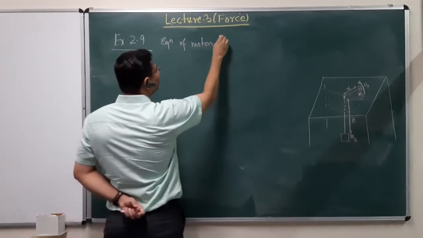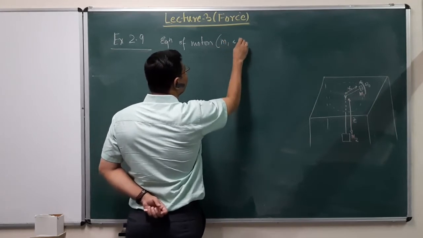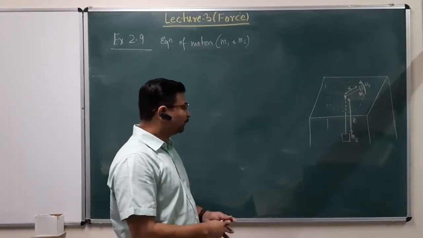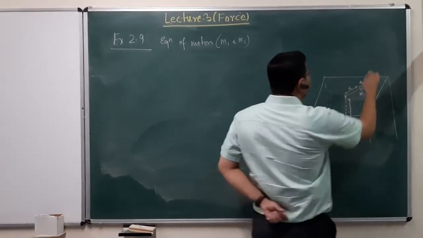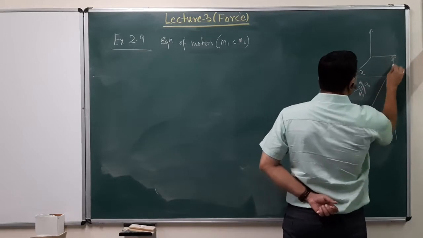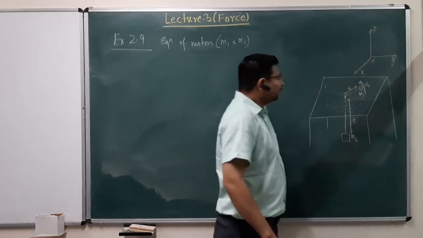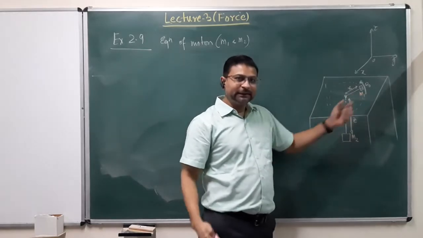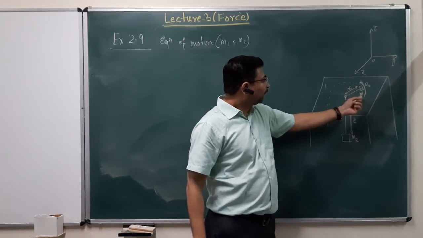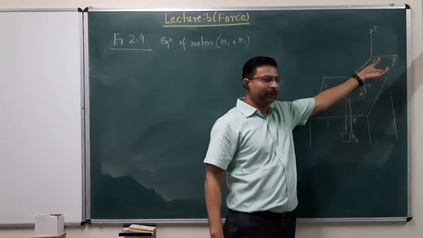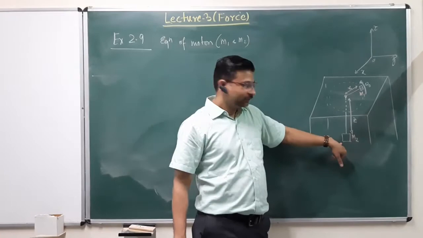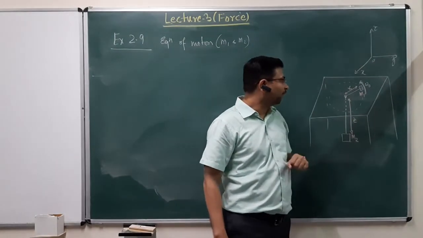Now we have to write down the equation of motion for mass m1 and mass m2. In this problem, if I draw my usual Cartesian coordinate axes x, y, and z, then we can see that mass m1, since it's constrained to move on the surface of the tabletop, is always moving in the xy plane. So the z coordinate is immaterial for it, and similarly m2 is hanging freely under gravity, so it can only do up and down motion. So only the z coordinate is required here.